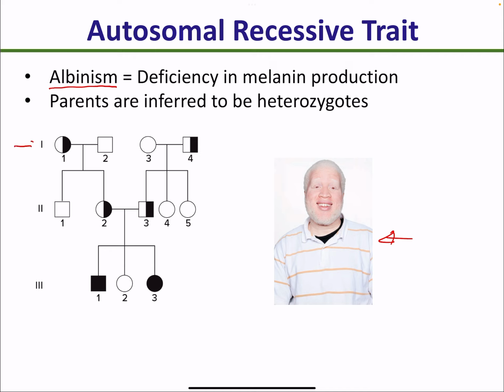So in the case of this individual here, when we look at the parents here, in this generation we have one individual that is a carrier here, and an individual that is a carrier here. Now, the offspring in this relationship are 2 children. None of them is albino. In this relationship here, none of the individuals is albino. However,